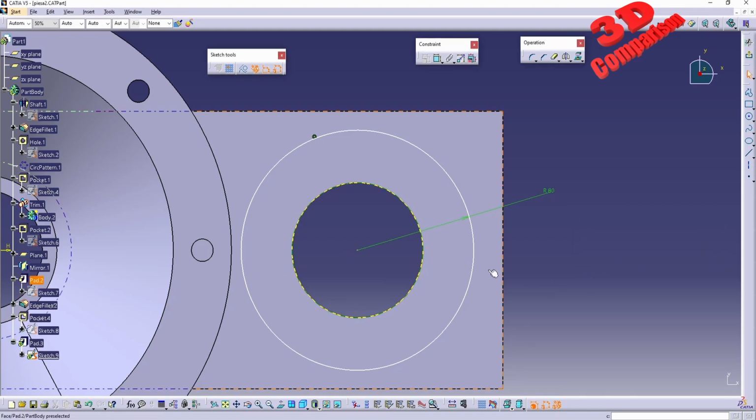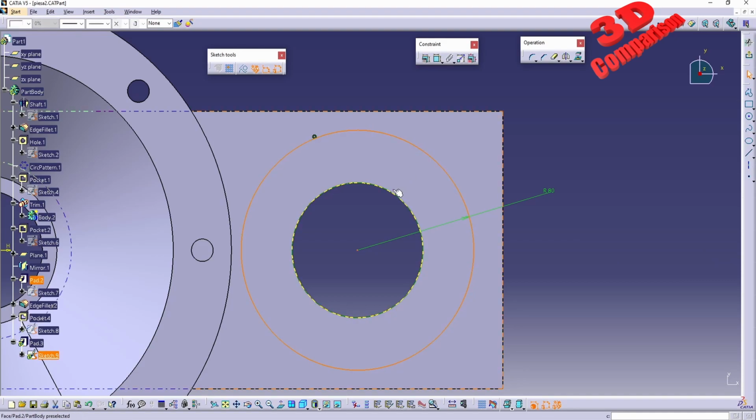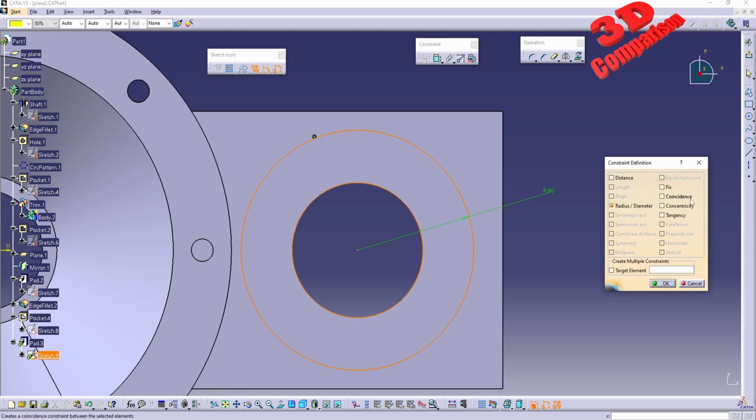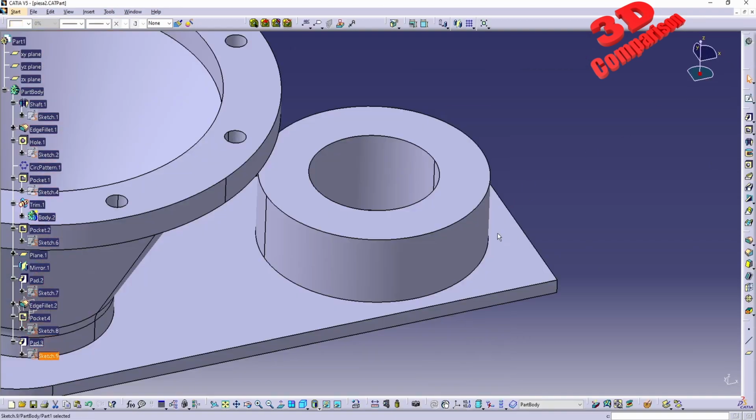If you want to make this fully constrained, I can only select the inner circle and make them coincident. In this case, not coincident, concentric, okay? Because coincident would just try to fit it within the same radius. So we just want them to have the same point over here, the same center, not the same circle. Okay, so this is how you can easily define